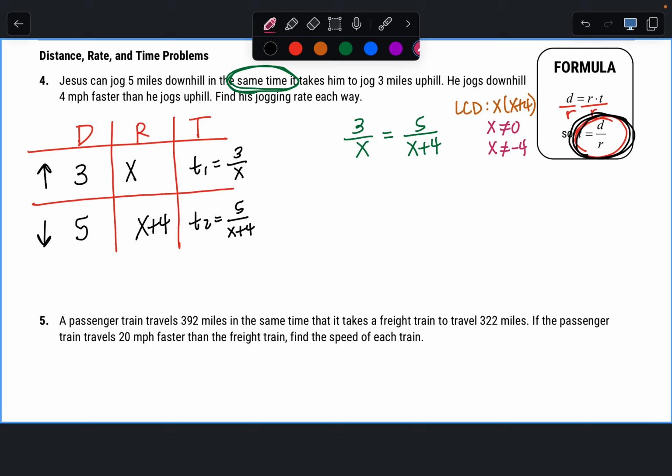There's your answer. What is your other? So 10 and 10. Find his jog rate each way. Wait, uphill? Look, do it. Mark, you're getting both. Actually, x equals 6. So that's 6. But then x plus 4. And then since it's the downhill,